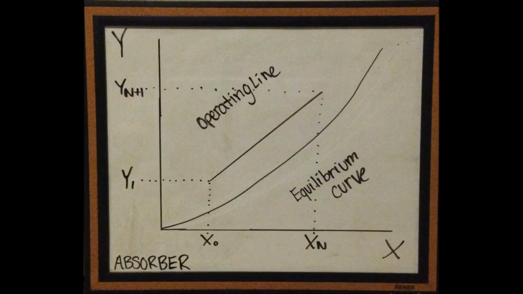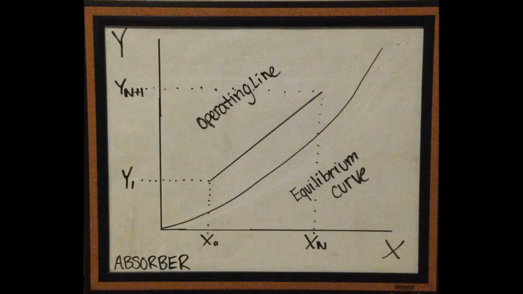Here I have clearly labeled the equilibrium curve and the operating line. The equilibrium curve represents y as a function of x. This information is usually given in the problem and can be drawn fairly easily. The operating line is above the equilibrium curve in the case of the absorber, but will fall below the equilibrium